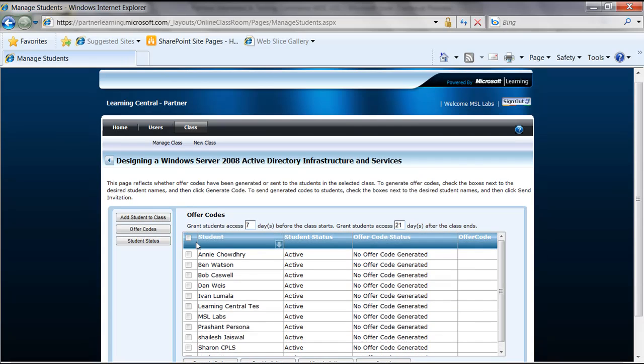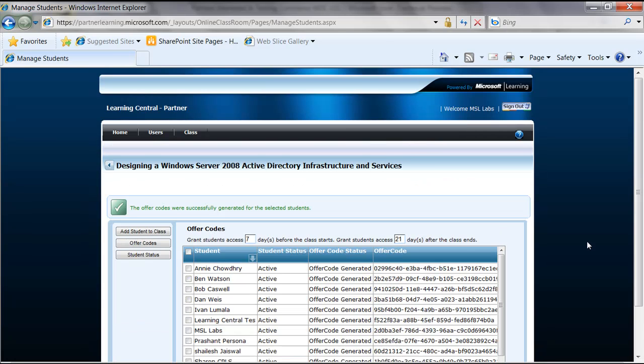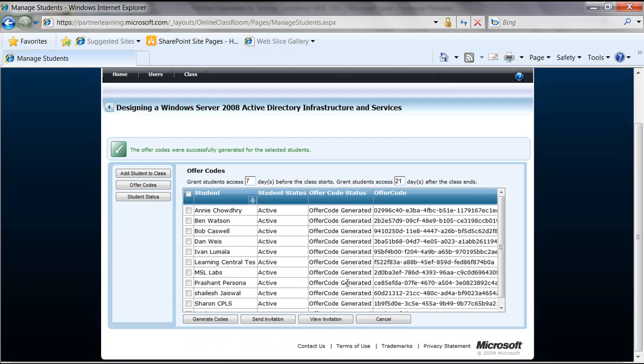Students will need to receive a code to be able to access Learning Central. So I'm going to click Select All, generate the codes. Now each one has an offer code. I could send this invite, but some of these folks